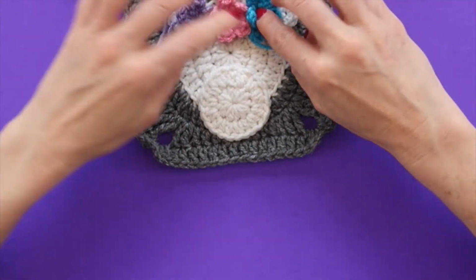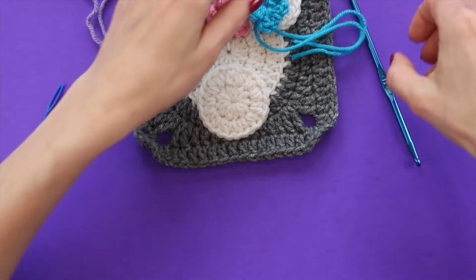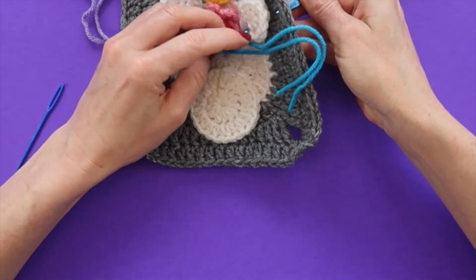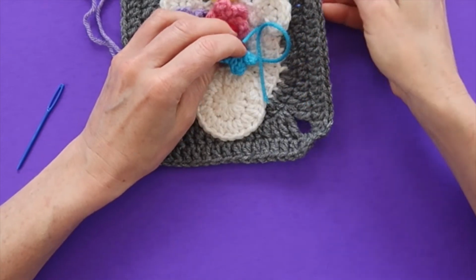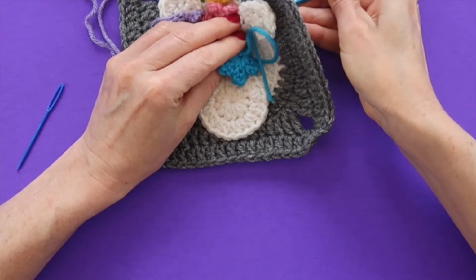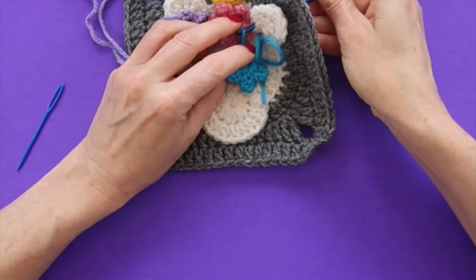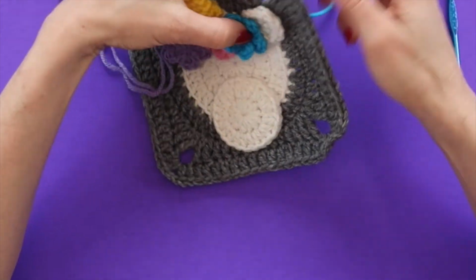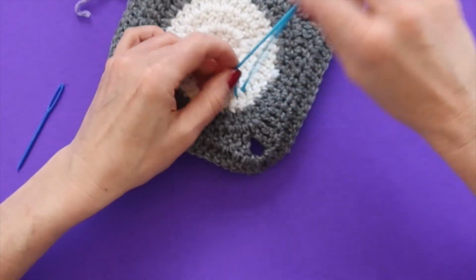I mean, you could even switch it up and maybe just do 1 flower over 1 ear, or just 2 flowers over an ear, whatever you like. If you were making an Afghan, you could make each unicorn a little bit different. That would be so cute. But for this one, I'm just doing a little crown of flowers, like a little garland